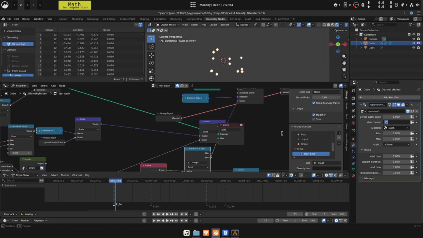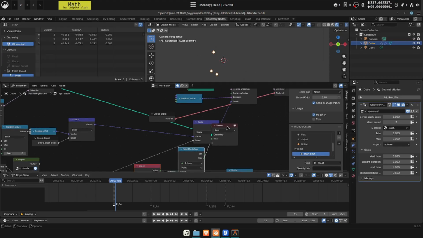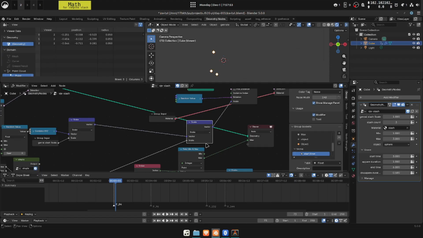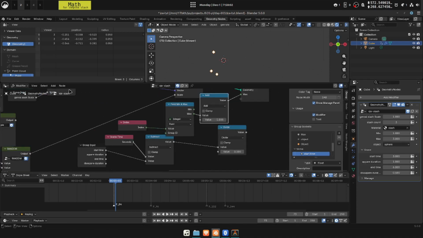So if we check here, like 3, there it's going to give me 2, because when we go into computer programming, it starts counting from 0, 1, 2. So even though we have 3 points, it will go 0, 1, 2. That's how computers work and stuff. Don't blame me, okay. And to simply fix this issue for us, I'm just going to add 1, and now I'm going to use this maximum to divide. So for each thing we have